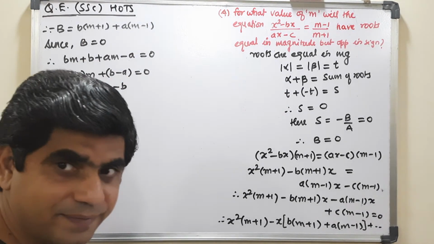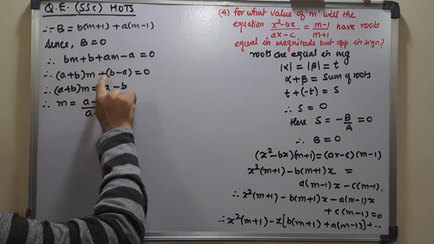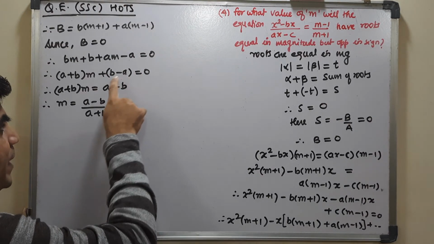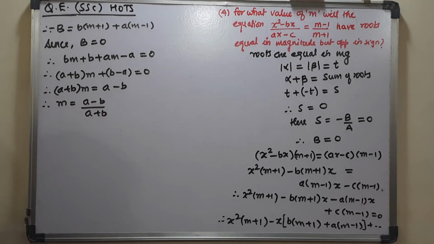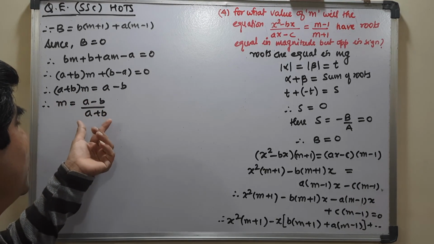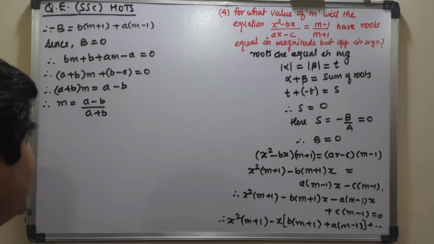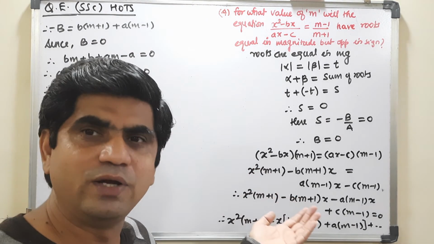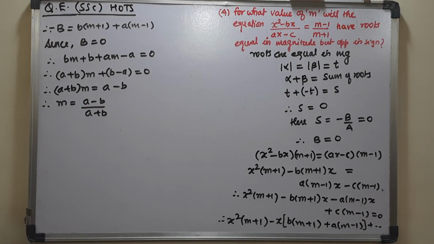This I am segregating. Now to segregate it, I will transfer this over to the right side. So they will change the sign, that means a will become positive and b will become negative. Now between a plus b and m there is multiplication, so a plus b upon this I will transfer. So this m is equal to a minus b upon a plus b. I need to explain it again because the video got blurred in between. So for m is equal to a minus b upon a plus b, the